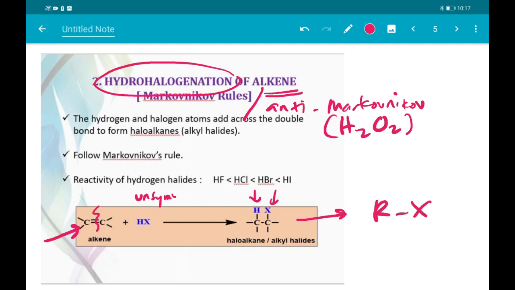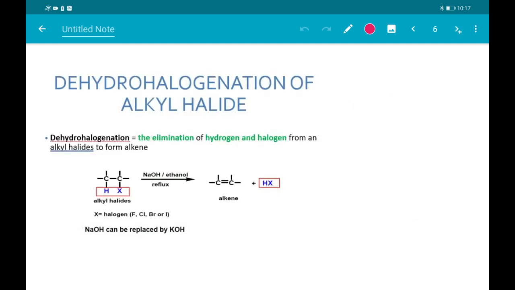So these are the two methods to prepare the alkyl halide for this chapter. However, don't forget there is also preparation of alkyl halide from alkyne. This is the slide taken from chapter 2. So as you can see here,